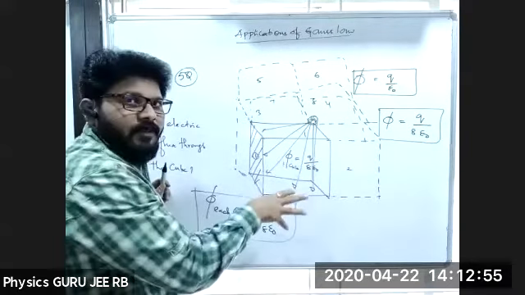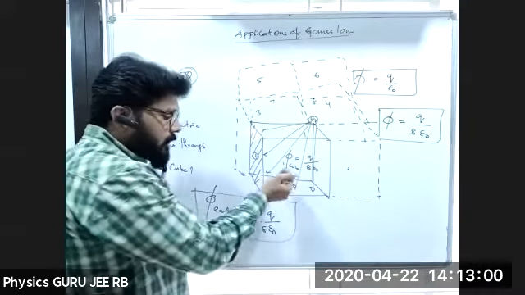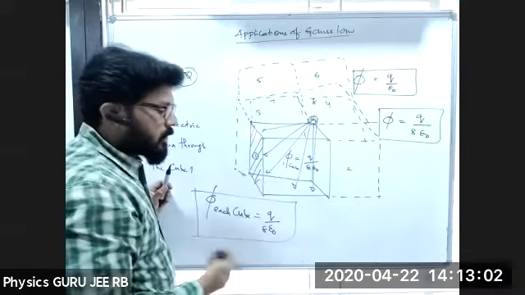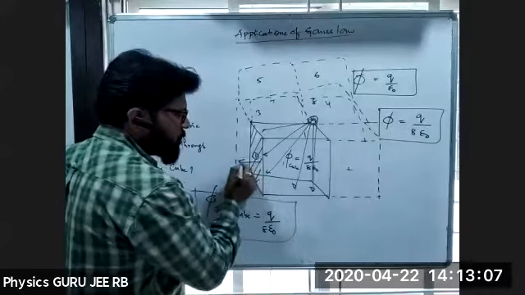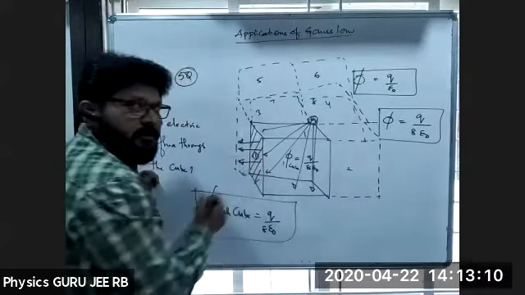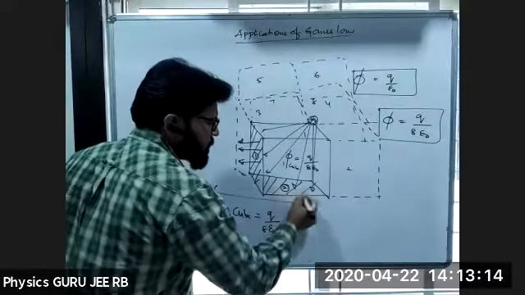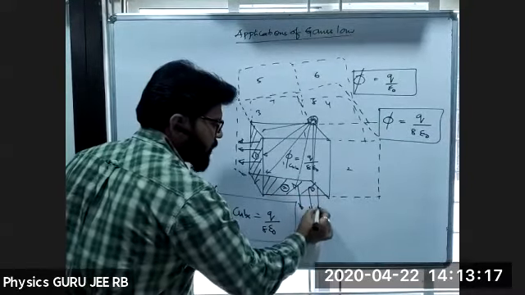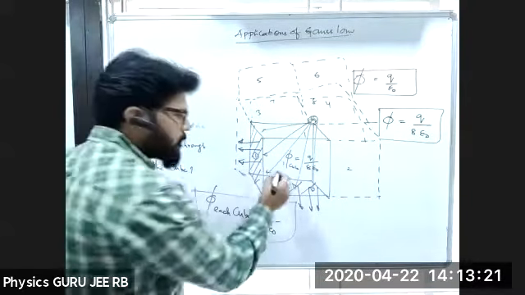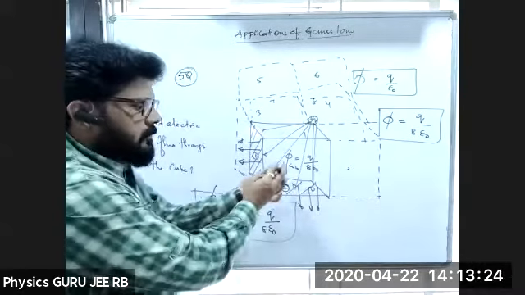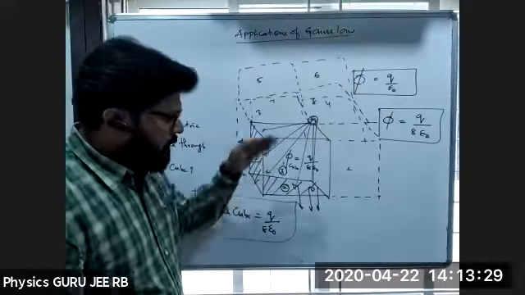Only 3 surfaces are there. Yeah, Vagdevi gave the correct answer. What are the 3 surfaces? One surface, the flux can come outside through the first surface, and a second surface at the bottom, right? There is a possibility that the flux can come through this surface, and the front surface. Front surface is the third one. See, this is the front surface, so front surface like this and downward.